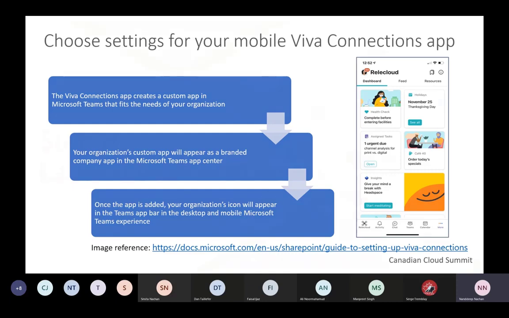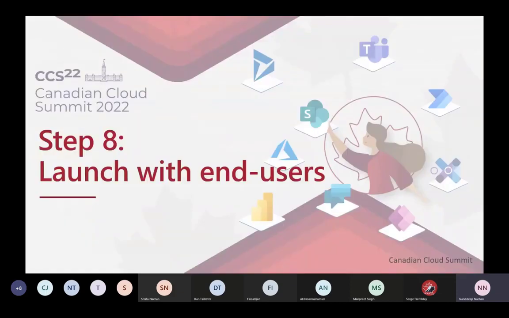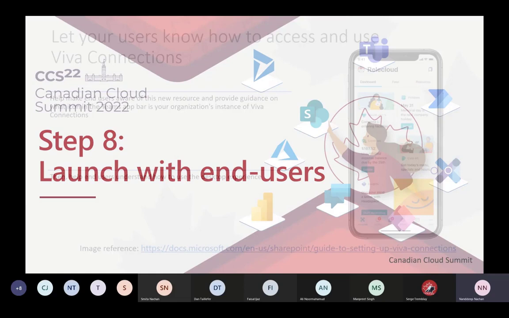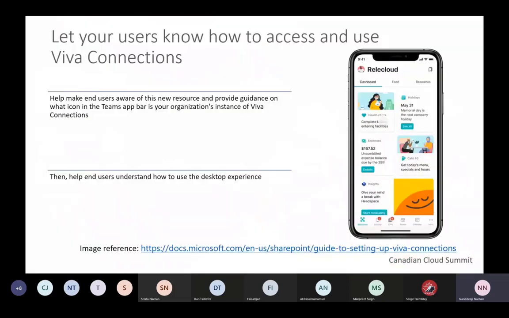The last part here is that we just need to launch this with our end users. We need to make all of the end users aware that something new is coming their way, which is Viva Connections. Maybe use some reference material or adoption materials available from Microsoft to let your end users understand this desktop experience as well as the mobile experience. Now I will utilize the last 5 minutes to talk about how we'll be able